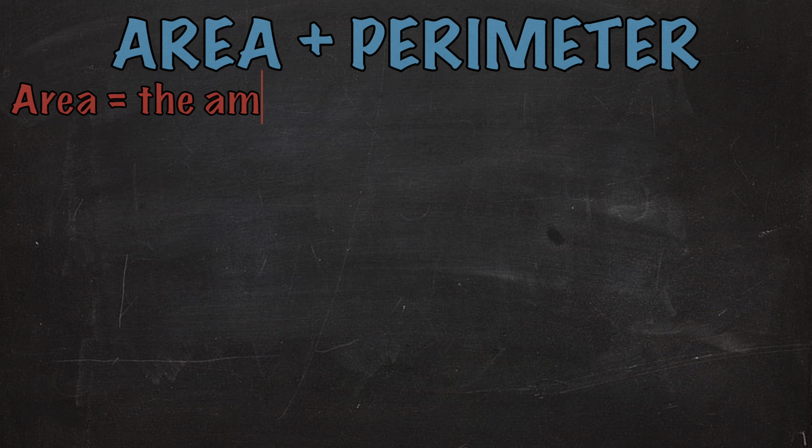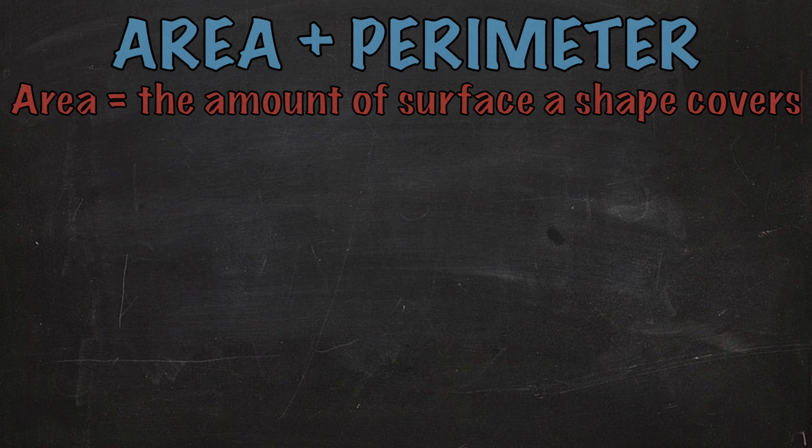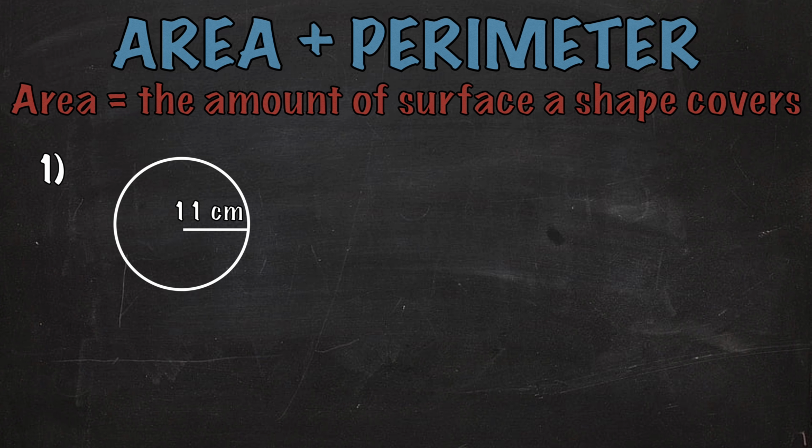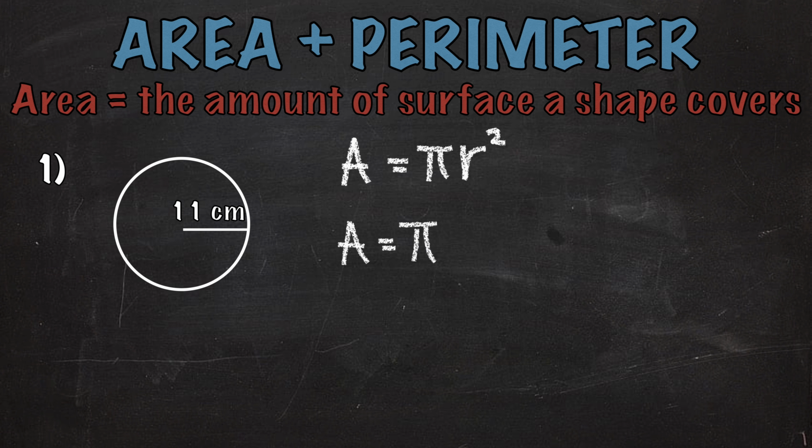So we all agree that the area is the amount of surface a shape covers. So question 1. We have a circle with radius of 11 centimeters, and the first thing we're going to do is write down our formula for area. So our area is equal to pi times the radius squared. Now we're going to substitute the radius in for the 11 centimeters, so area is equal to pi times 11 squared. So that gives us a final answer of 121 pi, and we need to remember the units, which are